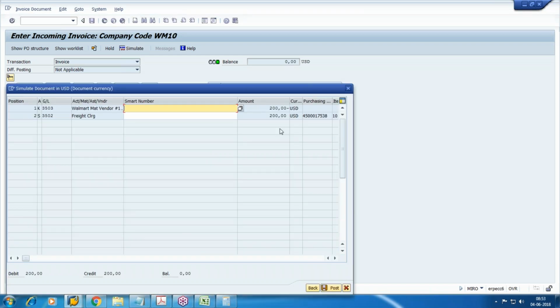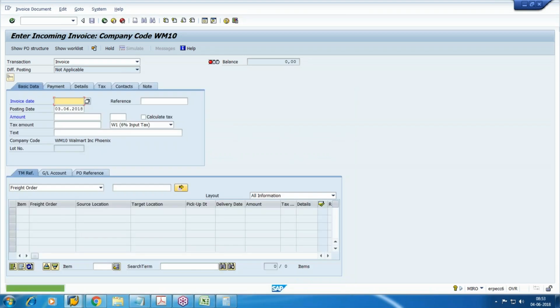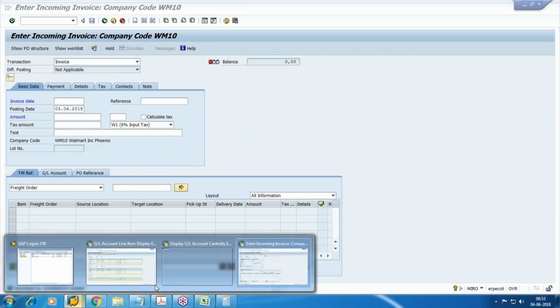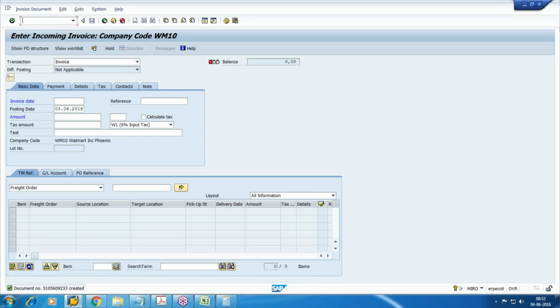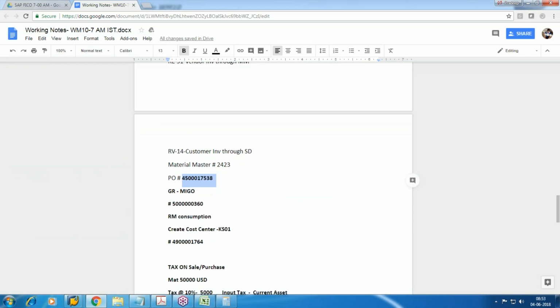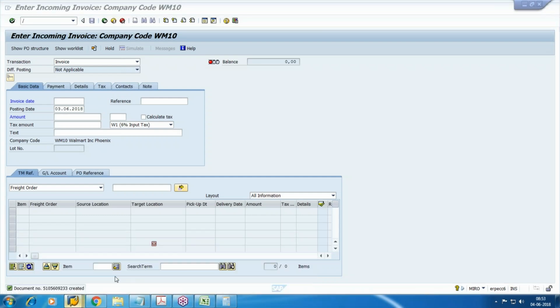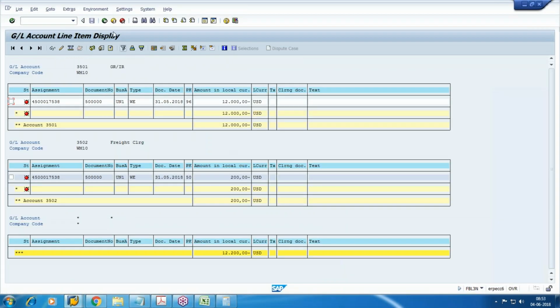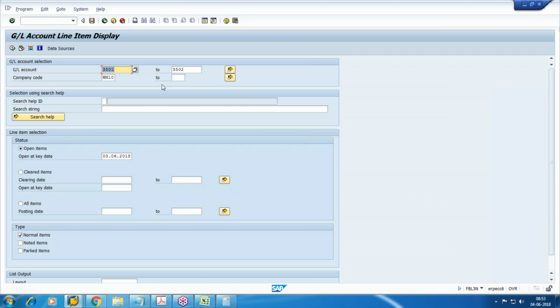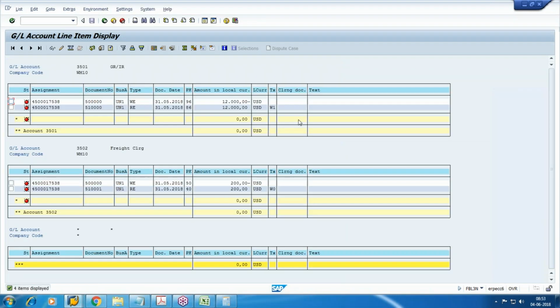Vendor credited, freight debited, post. Now you will find the vendor line items there. FBL1N. But before that, let's see the GRR account. It should be converted into 0. Zero balance, zero balance. So first we have posted the credit entry, now posted the debit entry, but this is still